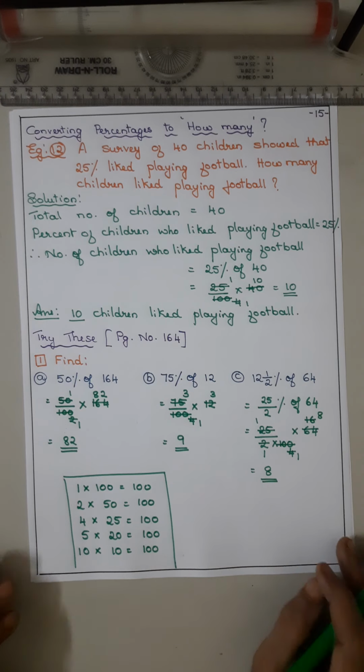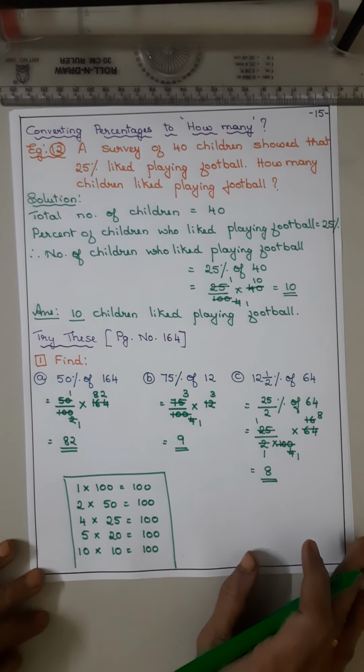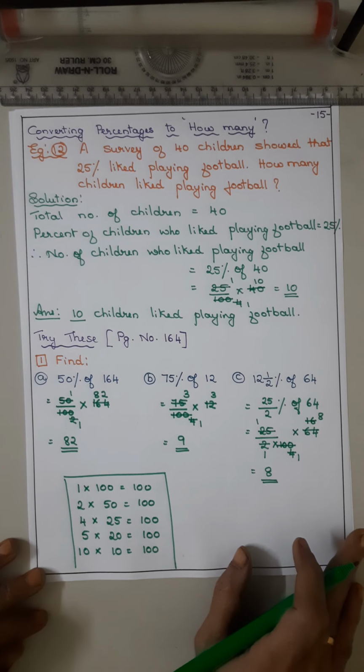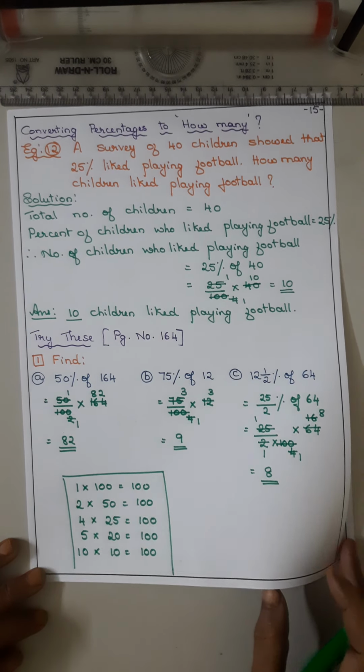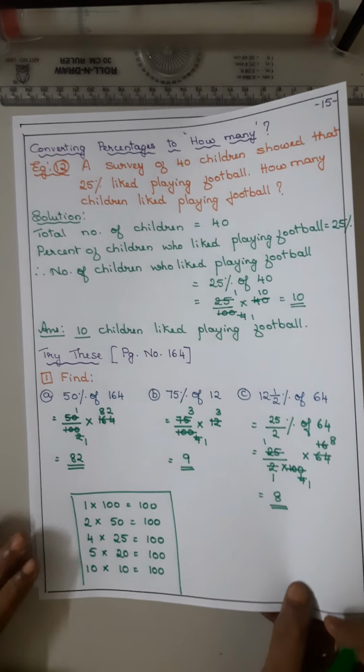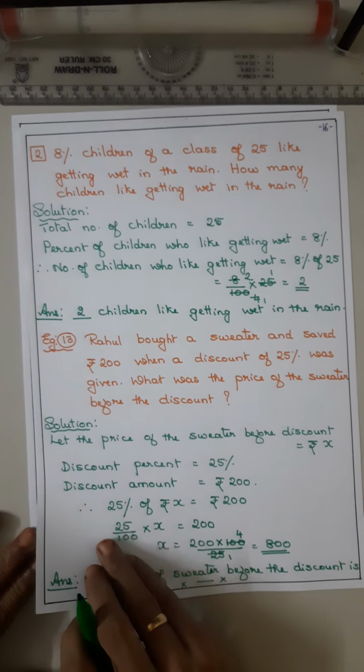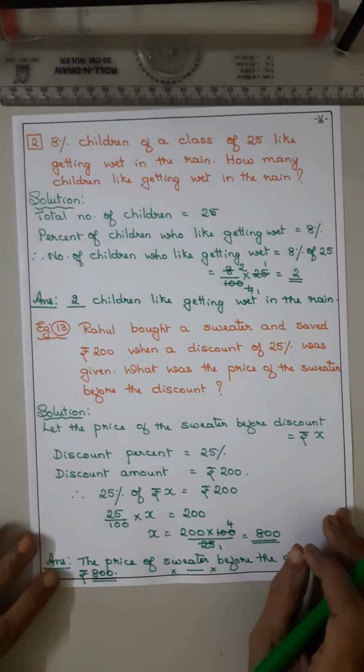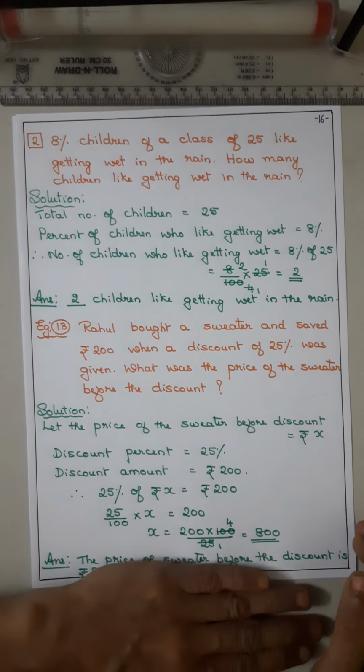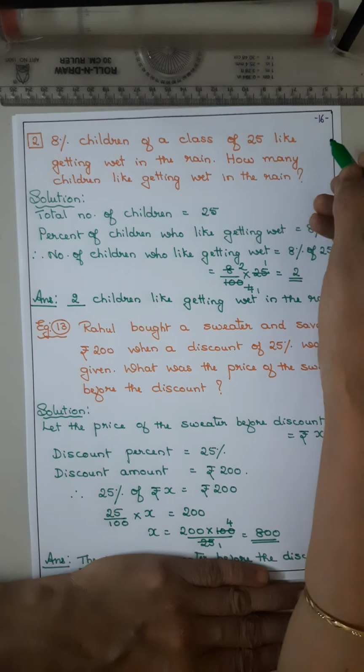And the table of 25 is already known. 25 ones are 25, 25 twos are 50, 25 threes are 75, 25 fours are 100, 25 fives are 125. Remember this much. Now coming to the second question, 8% of the children of a class of 25 like getting